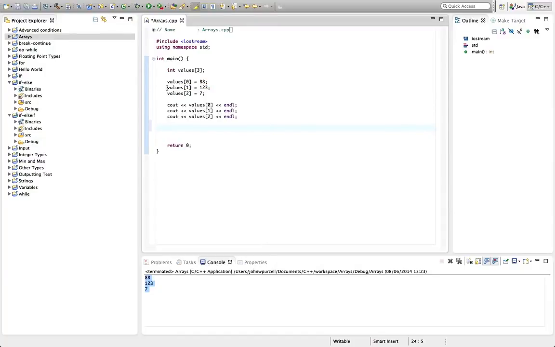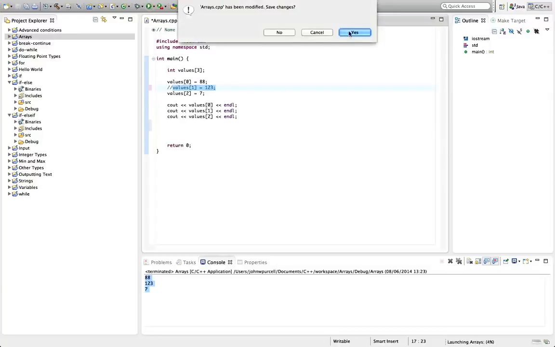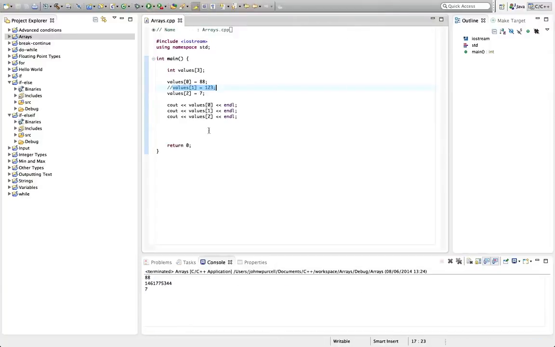Let's take a look at what happens if I don't set one of the values. So if I comment out this, so here I'm setting the value of the second element with index 1 because we start numbering at 0. If I now run this program, you see for the element at index 1, we get just this